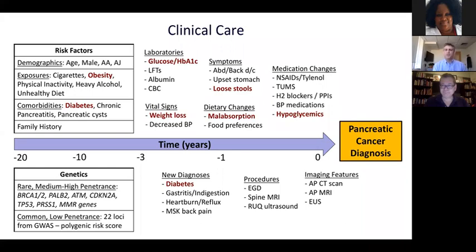And then there are a host of things that change in the, I'd say, 6 months to 2 or 3 years, or even 4 years before patients are diagnosed with their cancer. And these are things we see when you ask the patient in clinic, what's been going on over the past few years that led to your diagnosis? These are the types of things you hear about over and over again. And as you can see, many of them seem to be related to metabolism. So elevations in glucose, changes in weight, malabsorption of nutrients, diabetes diagnoses, things that are linking this disease with altered